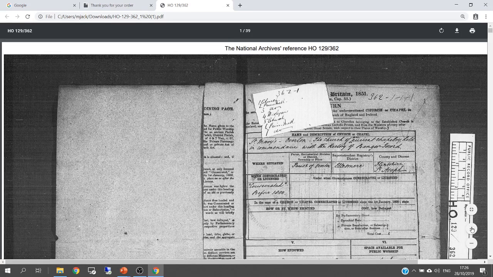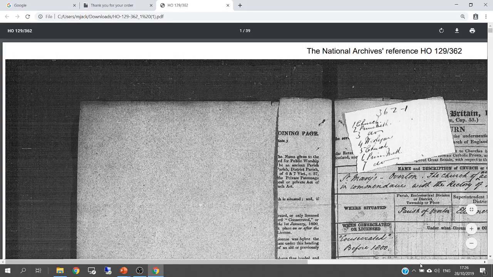Maybe you find that difficult to look at. On this particular viewer of PDF files, if I move out to where I've just moved my cursor, I get the ability to zoom in. So by pressing the plus sign I can zoom in and see things rather larger and therefore read things rather better. I might also have to slide things along to make something centered. So I can see there that this is definitely St Mary's Overton, the church of an ancient chapelry